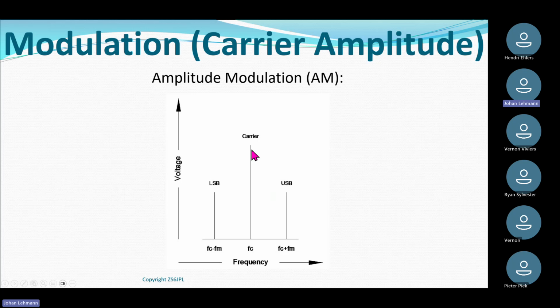So now you can start thinking for yourself. 2/3 of my energy is wasted in the carrier. So that leaves me with 33% of my energy in the two sidebands. And because these are a mirror of each other, 50% is wasted as well. So again, I'm sitting with a very inefficient method of modulating a signal using amplitude modulation. Okay, is that clear? I hope crystal clear to everyone.